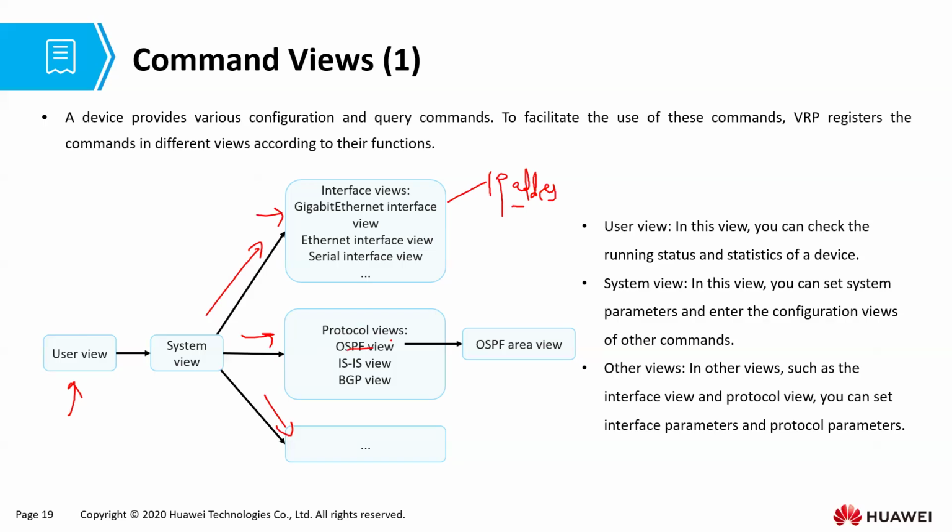Then we have my OSPF views, where you can configure my settings for your OSPF protocols, etc. So the system view, like I said, is the gateway to all other views,